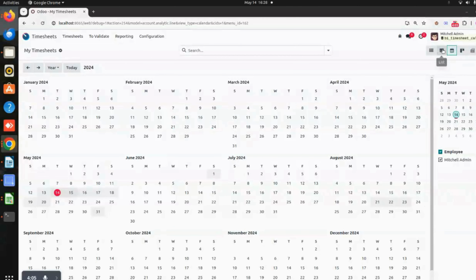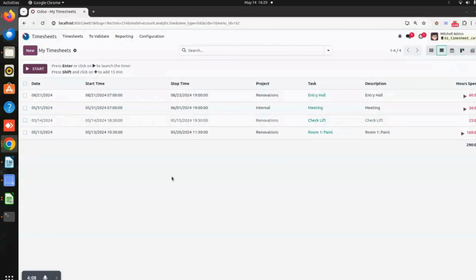And similarly, if I go to the list view of this particular calendar, you can see here the events will be coming up here like this. So based on the hours spent also, it will be showing from which date or from start time and end time, and for which project, which task, what is the description of that particular project or task, and what is the hour spent. Everything will be coming up in the list view. So this is regarding the timesheet calendar, where we will be putting up the timesheet for a month, year, daily, weekly, for everything.